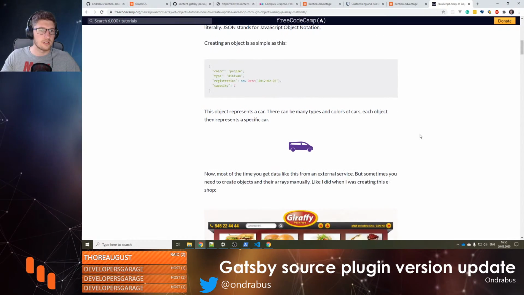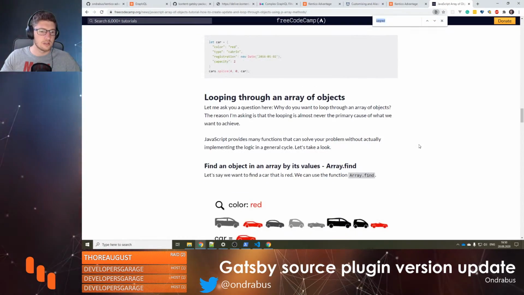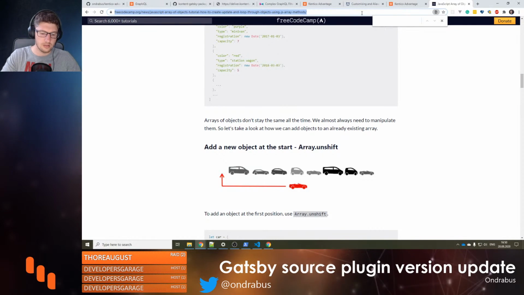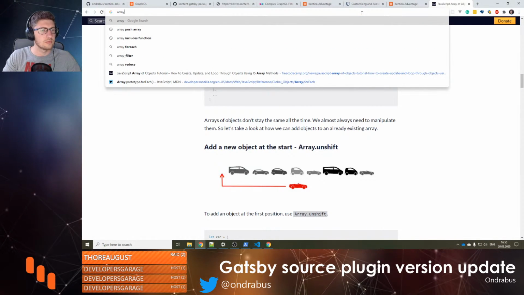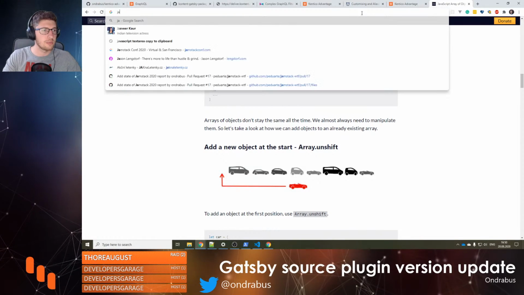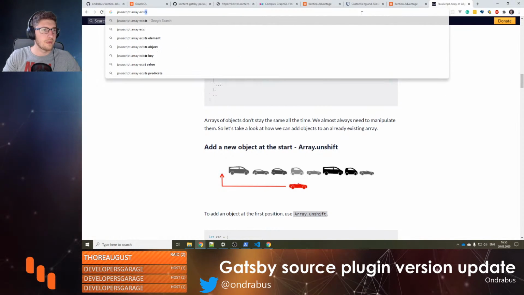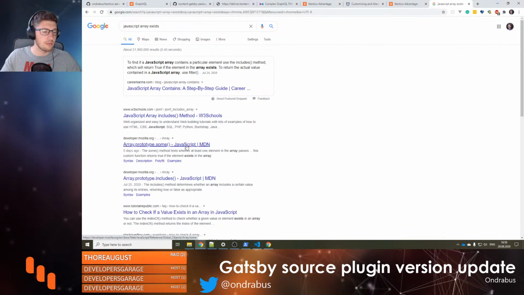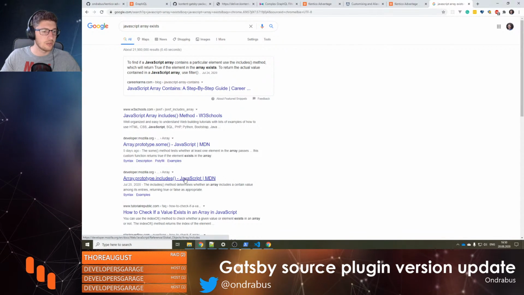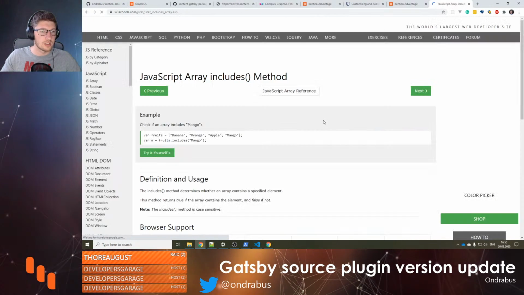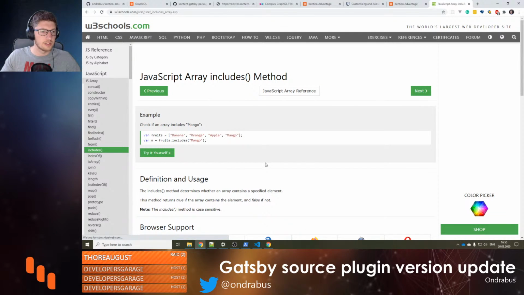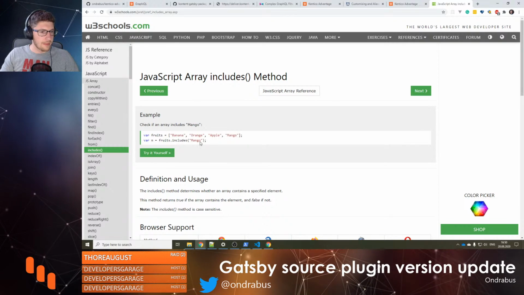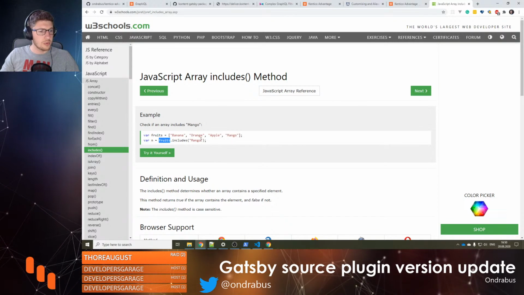No, not here. So let's see. JavaScript exists. Includes, some. Includes. I think includes is what I'm looking for. So nodes that include